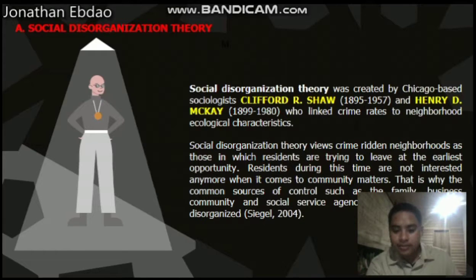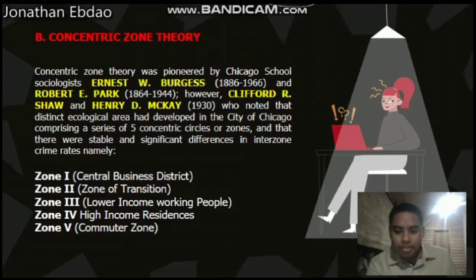The next one is the concentric zone theory. Concentric zone theory was pioneered by Chicago School sociologists Ernest W. Burgess and Robert E. Park. However, Clifford R. Shaw and Henry McKay noted that distinct ecological areas had developed in the city of Chicago, comprising a series of 5 concentric circles or zones, with stable and significant differences in interzone crime rates, namely